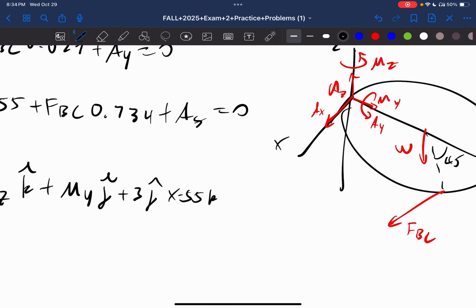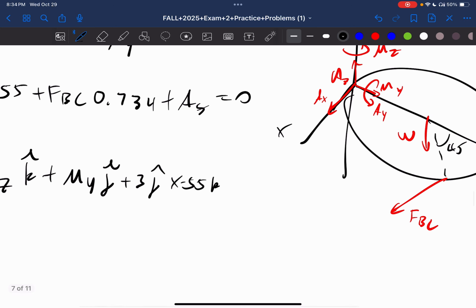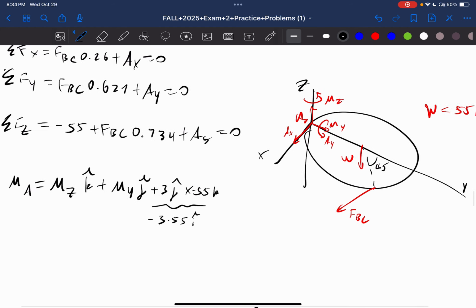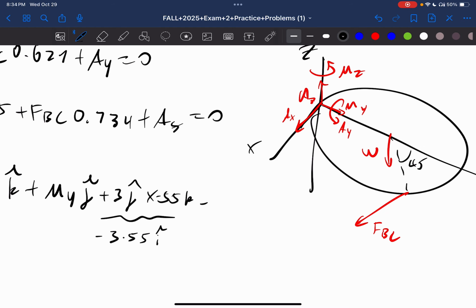J cross K is going to be I. So we're going to have it in the I direction. So 3 times 55 in the I direction. It's going to be negative because of this negative. Plus